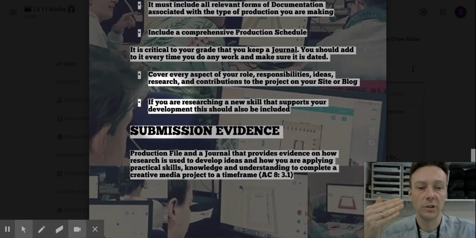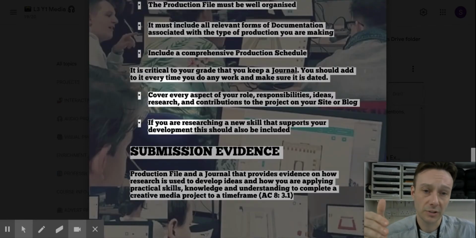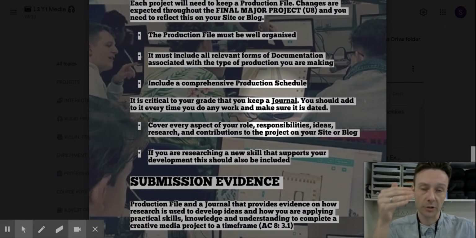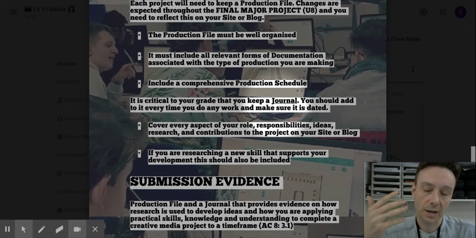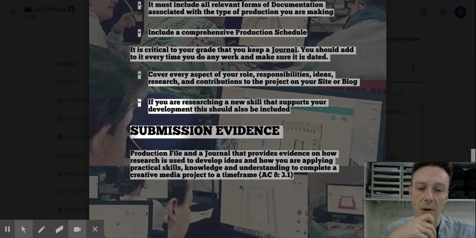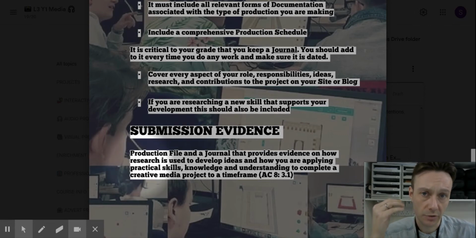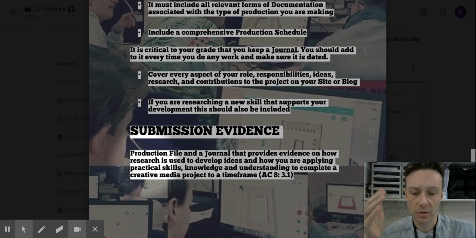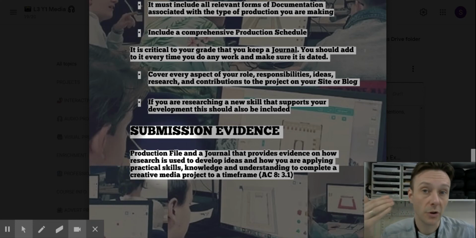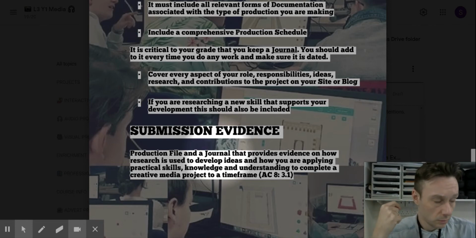If you are researching a new skill that supports your development, this should also be included. So essentially what you're doing in the journal is telling me what you're doing every single time you work on the project, telling me the story of the project. Now, the submission evidence for the task 3 pre-production part of the FMP is as follows: a production file with your documentation in. All the changes to the documentation need to be in this space. And a journal or a diary, however you want to think of it, whereby you tell me about the story